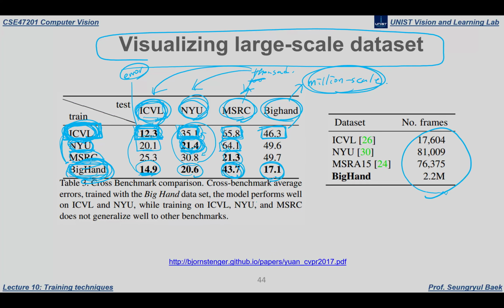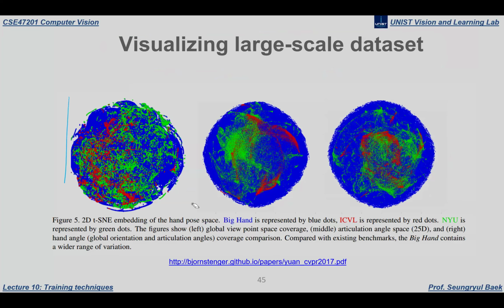And also, this is not thousand scale, but anyways, this is 17,000 scale and 81,000 number of samples this NYU is having. And this is 76,000 images contained in this MSRA. And this is 2.2 million samples contained in this Beacon. Okay. And if you visualize these three different datasets, Beacon, ICVL, and NYU, in their coverage on their